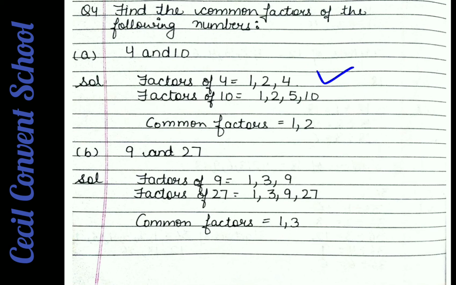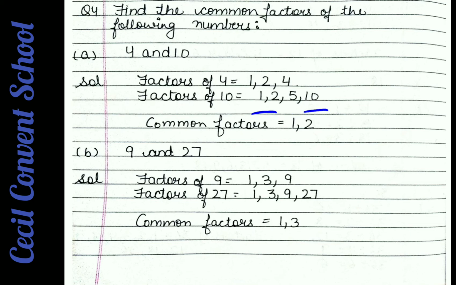Clear? Now we write the factors of 10. As you all know, the smallest factor is 1 and the biggest is 10. It means that you have to find the factors between these two numbers only. After 1 you will see in which table 10 comes. 2 table, 2 5s. So you write 2 and also 5. Clear? It means after 2 you will get a factor from the 5 table, not from 3, not from 4. And after 5 you will see that you get the factor 10. So you will stop here.